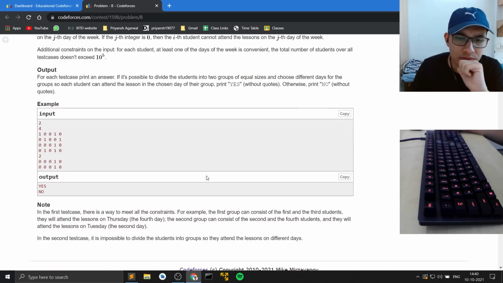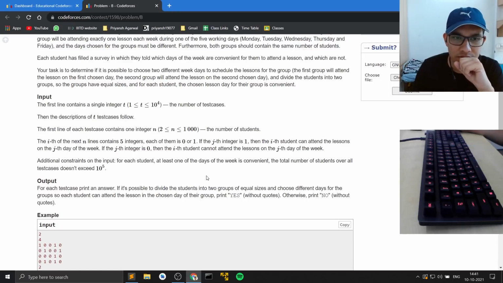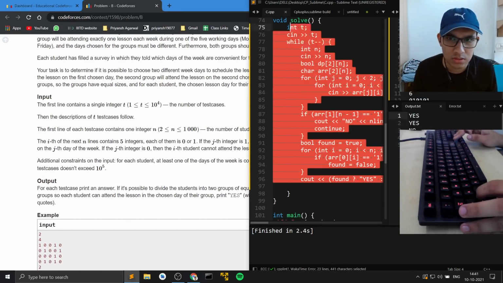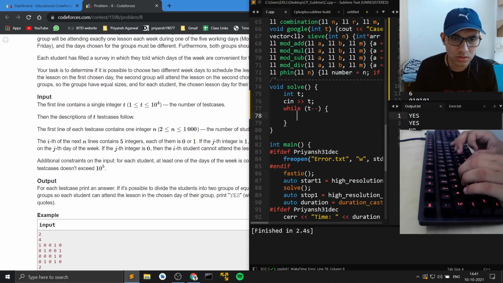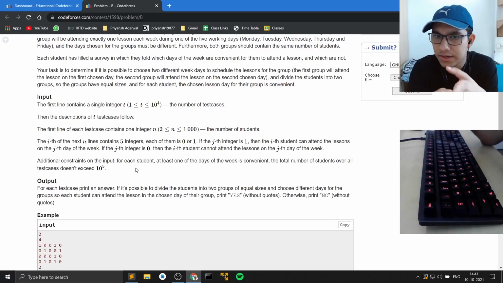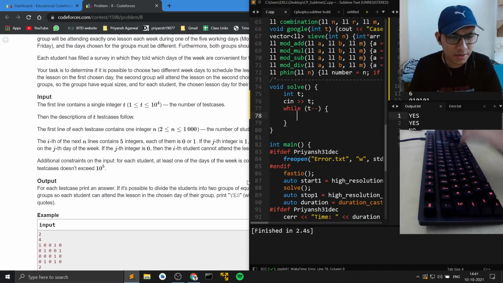So we just have to decide 2 days. Both of them have to be different, and we have to see if, I think that is simple brute force, right? Okay, but we also need to decide, like if there is a person who can go on Wednesday and can go on Tuesday as well, we need to decide where to put them. So that can be done, right? Yeah.